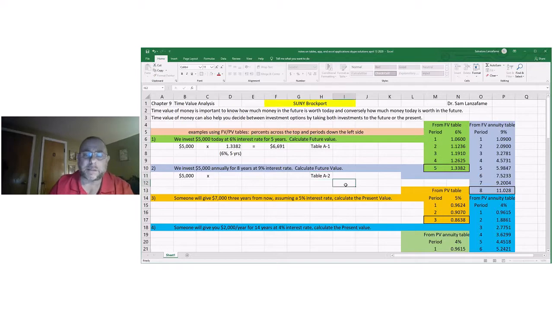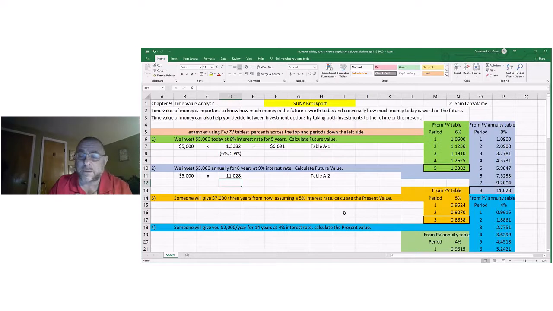And in table A2, this is when you want to calculate future values for a repeating event. So again, you go across until you find 9%, and then you go down to 8 periods, and you should see the number that I have here highlighted,